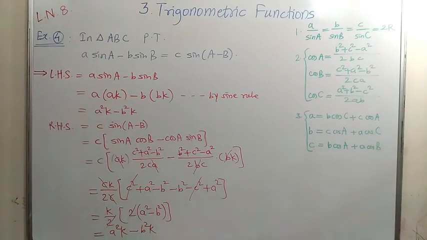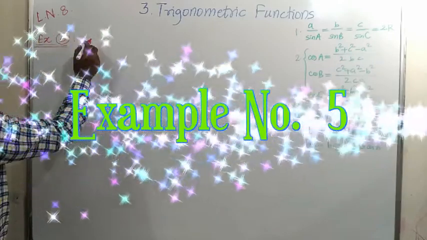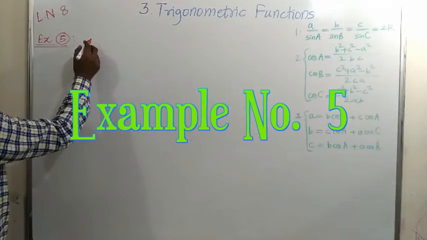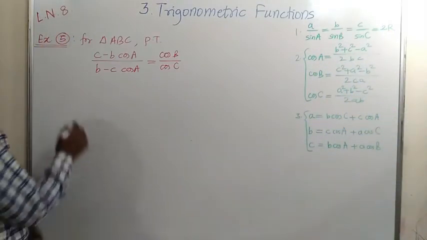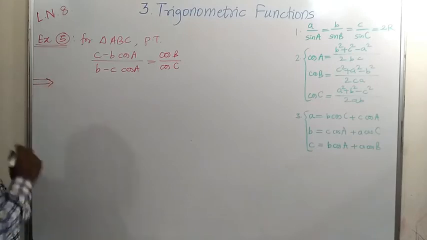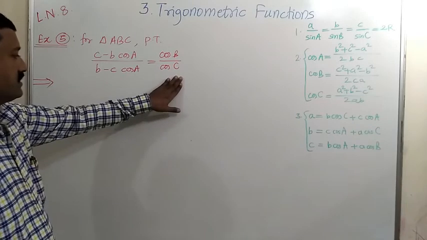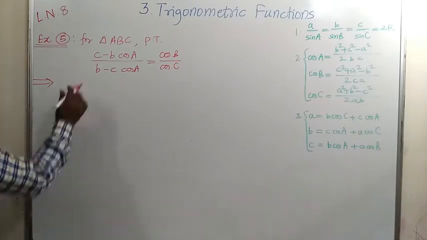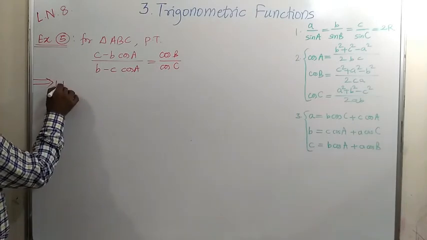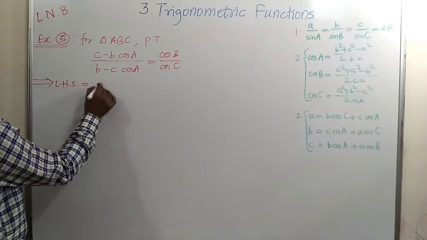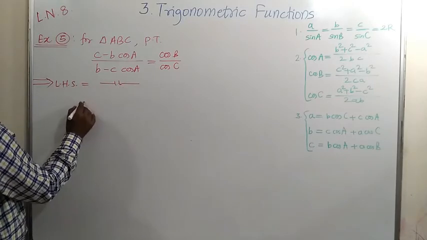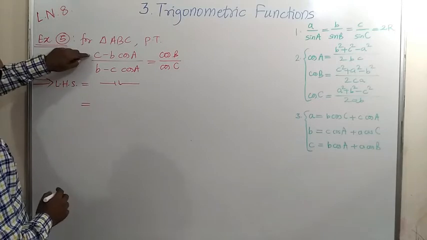Example number 5. Let us see the solution. We can take LHS and obtain RHS also. Let us start with LHS. LHS is as it is this. It is equal. Now C